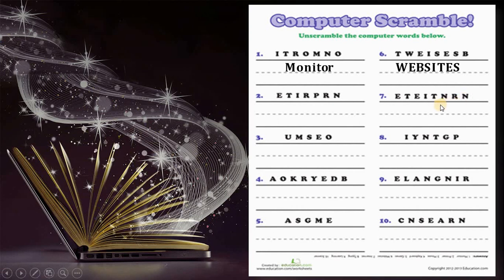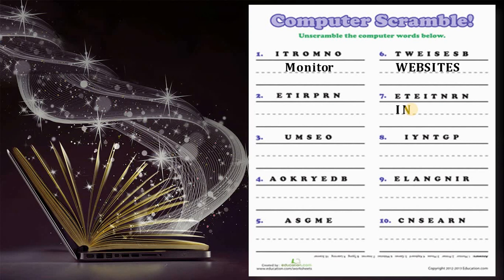See another one: ITEITNRN. I think N is 2 times, T is 2 times, E is 2 times, I is 1 time. So I think I put I first. This is so hard, right?